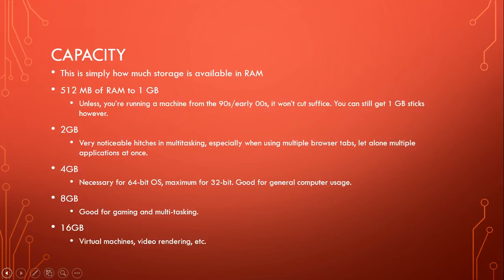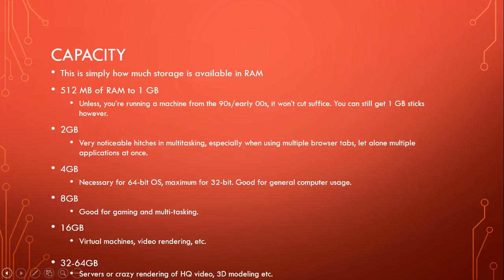16 gigs is really good for that. In fact, with some games, 8 gigs is starting to get to the point where you may want to invest in 16 gigs simply to fully take advantage of everything the game has, because games are so graphically intensive now. Some of them are requiring like 6 gig requirements. And remember, you want 2 gigs for your OS. Well, if you're streaming on top of that, for example, you might want the 16 gigs just so you